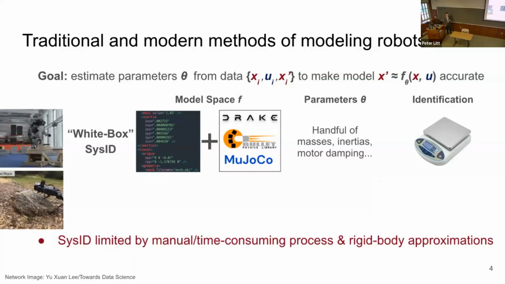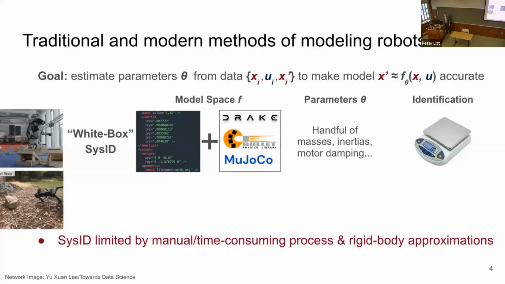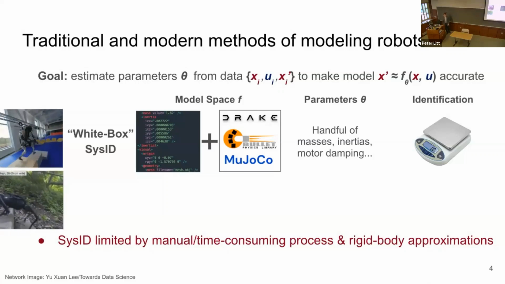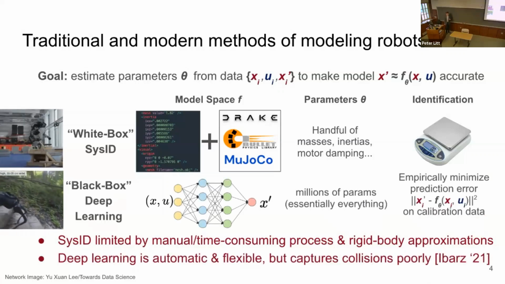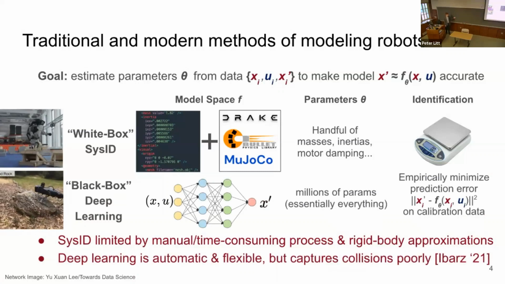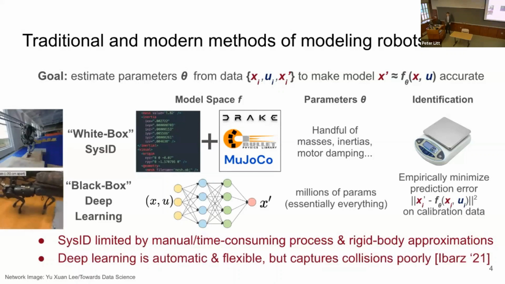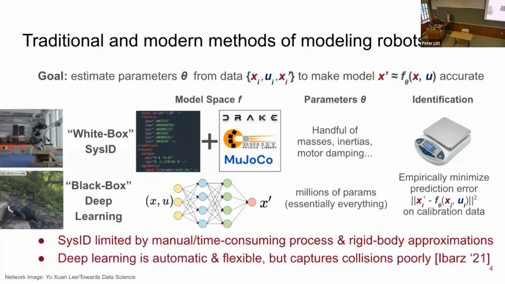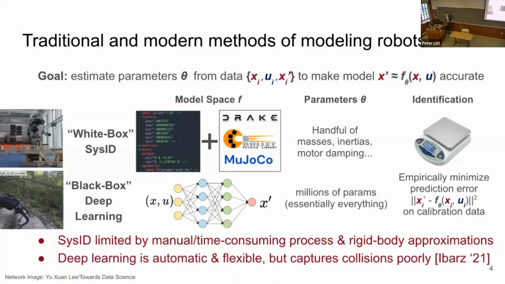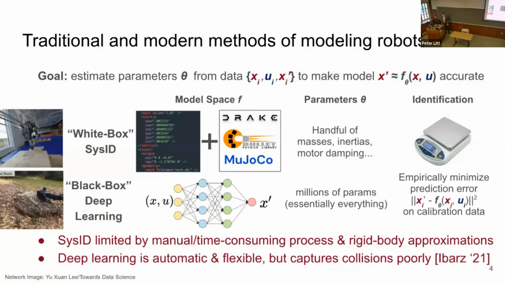So often they're put into approximate physical simulation that makes many simplifications of real-world physics, such as assuming that objects are rigid. However, if you would like a robot to go out into the wild and get its own understanding automatically, such as this quadruped locomoting out in nature, then it's necessary for these models to be built automatically from data. And a modern approach coming from the artificial intelligence community to this end is to fit purely empirical models.